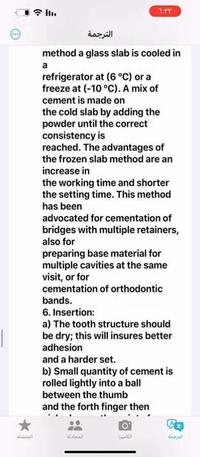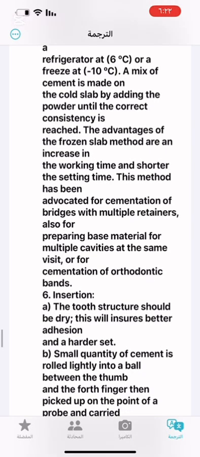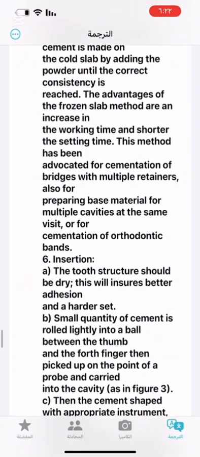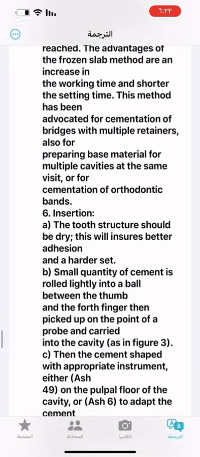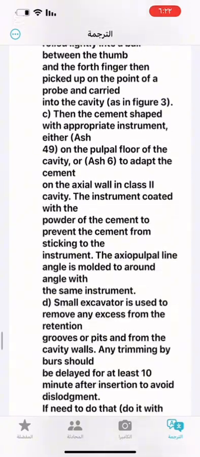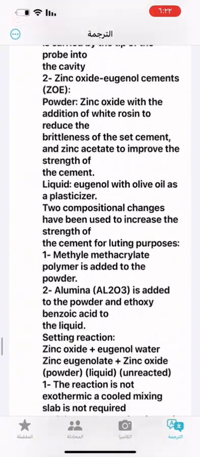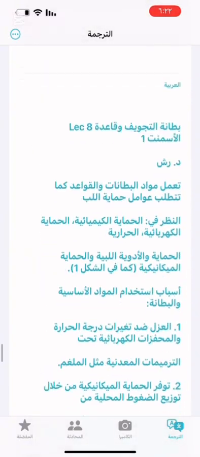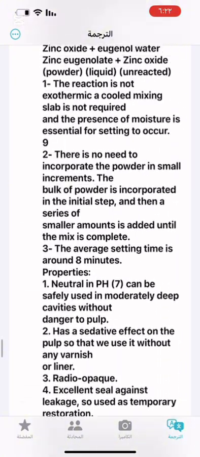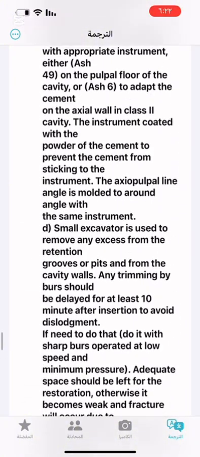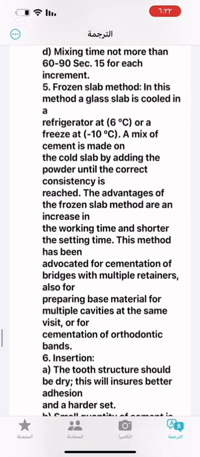The advantages of the frozen slab method are an increase in the working time and a shorter setting time. This method has been advocated for cementation of bridges with multiple retainers, also for preparing base material for multiple cavities at the same visit, or